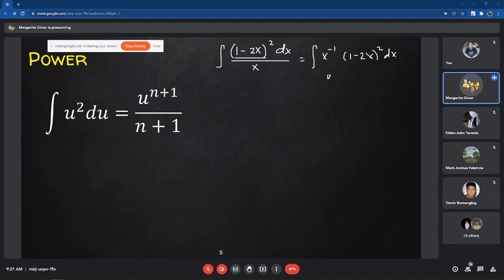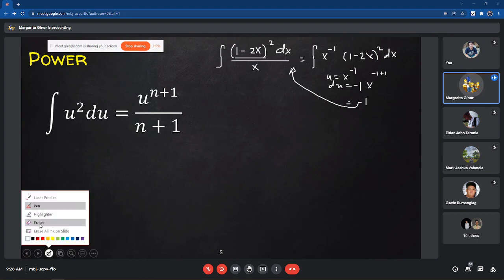So, kung paon natin ng u, x is negative 1, your du is equals to negative 1 times x negative 1 plus 1. So, this is equivalent to negative 1. So, wala man siya ka-match dira. Okay? So, mean to say, there's no other rule nga pwede magamit for